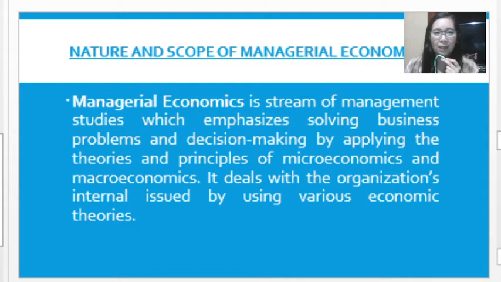So here we will also be dealing with the organization's internal issues by using various economic theories. Basically, managerial economics is focused on a particular organization where we try to solve the problem by using the theories and principles under micro and macroeconomics. So we will apply these principles, techniques, tools, and the study of economics for a particular organization